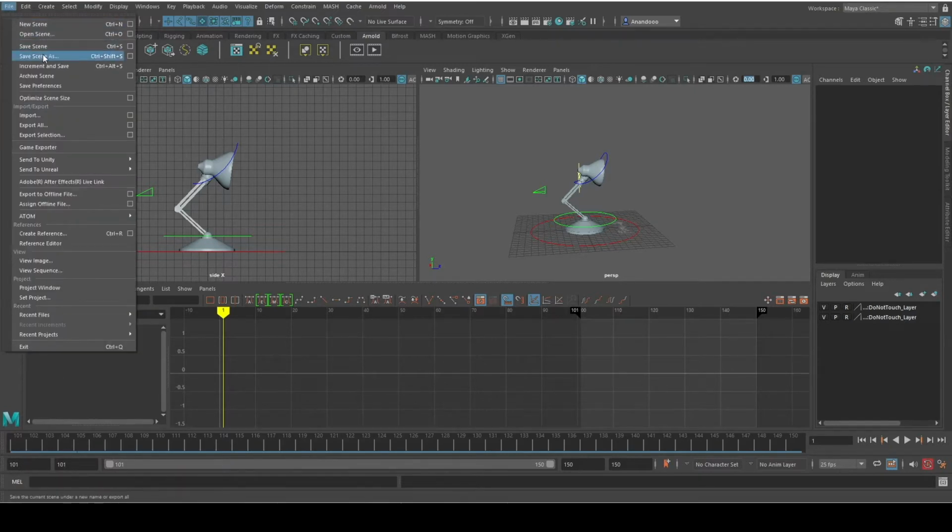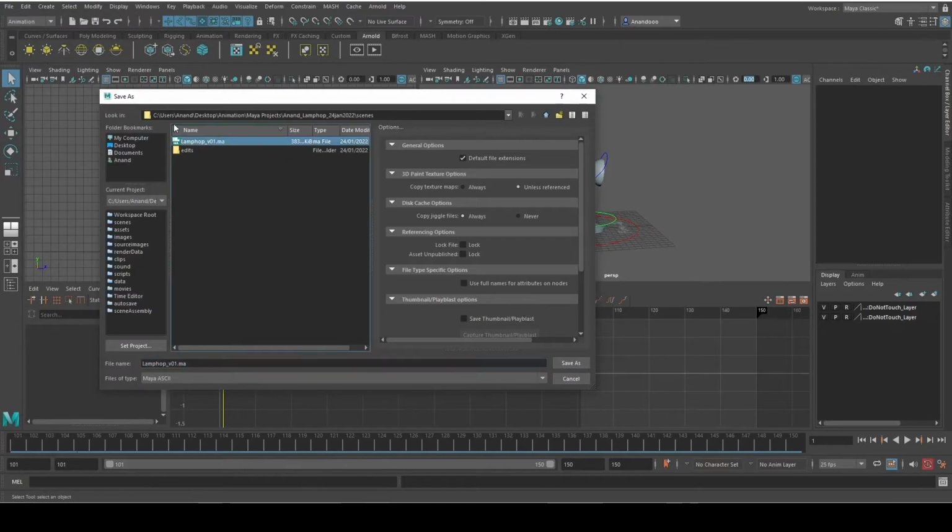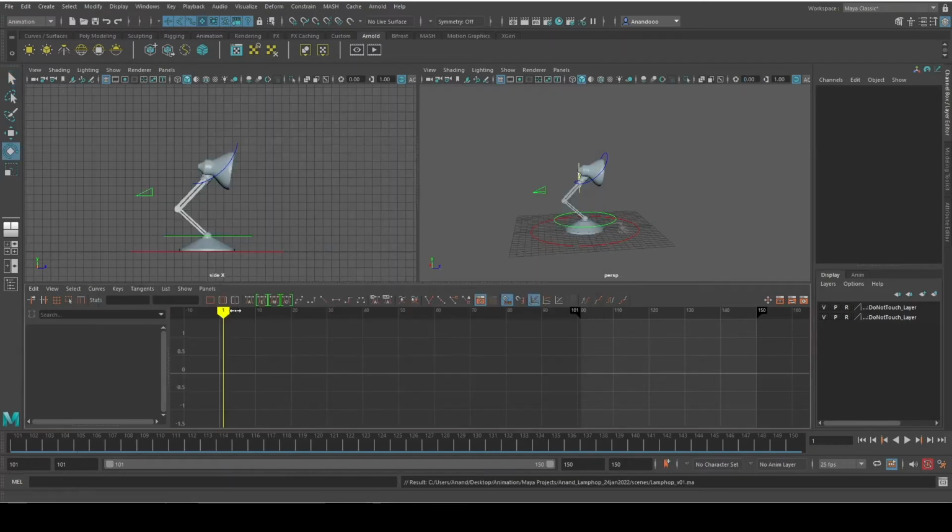And all I'm going to do is save scene as. I already have that, but I brought in the wrong version of Pixo, so I'm just going to save over it. Awesome. So now we have Pixo in here ready, and all we need to do is set up these views